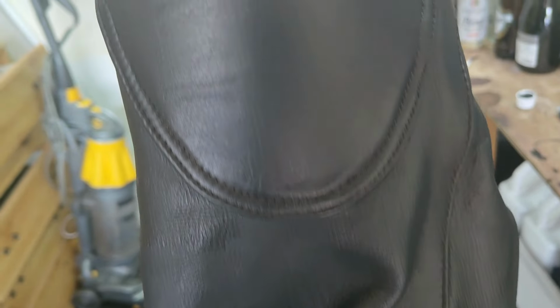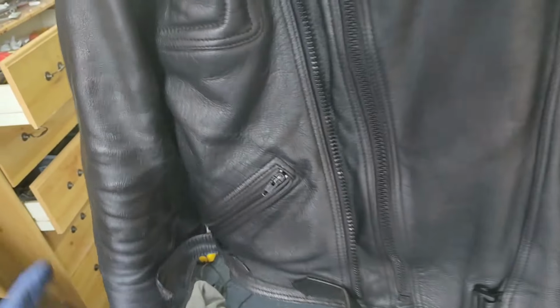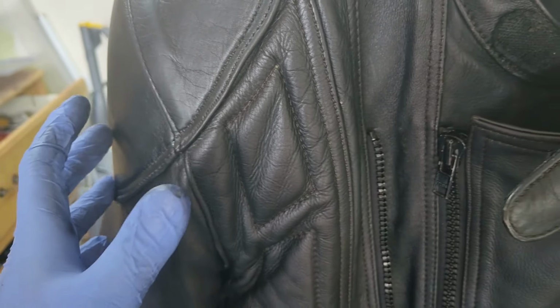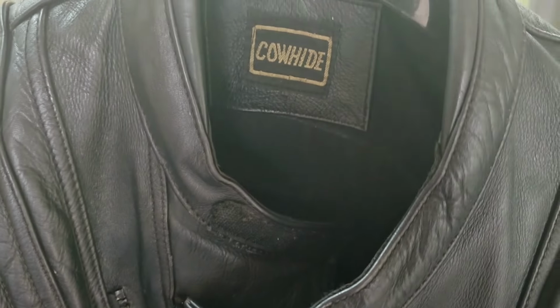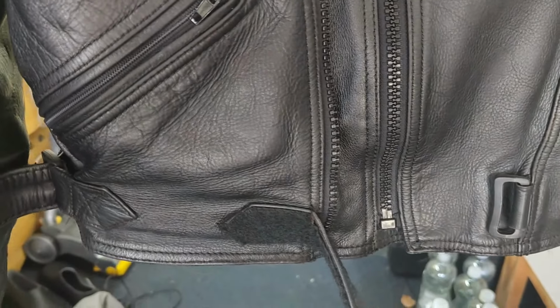It'll give you an idea of how it looks. It's definitely improved the areas of the stitching where it had gone quite white. The dye itself seems to dry extremely quickly, so you really do need to spread it pretty quick before it dries. You could do the jacket in sections, like a quarter each time, but I just kind of slapped it on